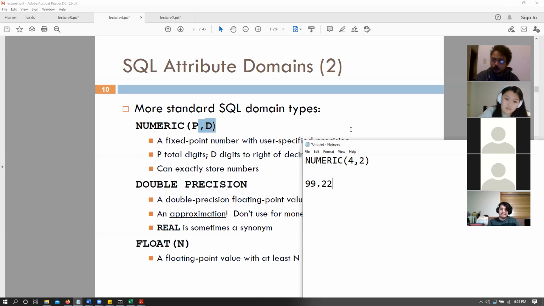So 99.22 is a numeric 4,2, because in total we have 4 digits and after the decimal we have 2 digits, right? However, 999.22 is not a numeric 4,2. Okay. Does that make sense? So this is wrong in terms of numeric 4,2. This is correct.